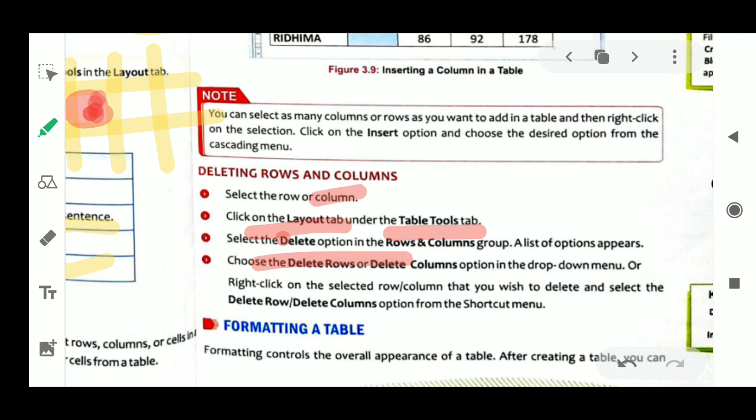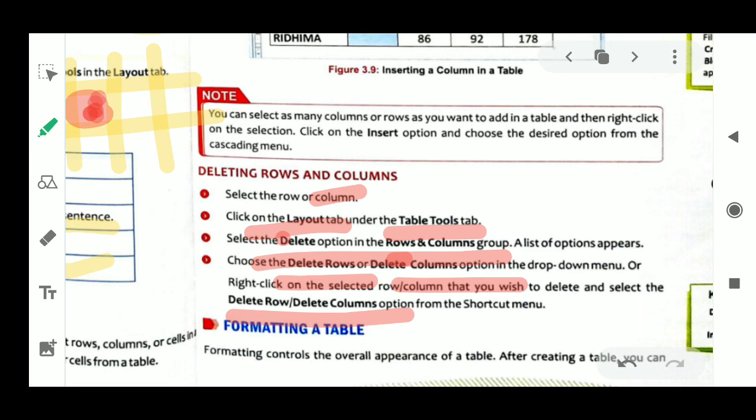Then select the delete option in the row and column group. It will ask whether you want to delete a row or column, and you can select row or column from the drop down list, and according to your choice you can delete the row or column.